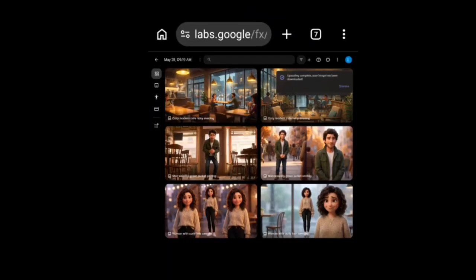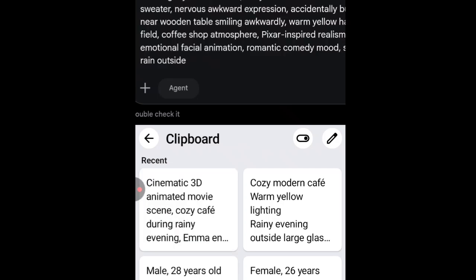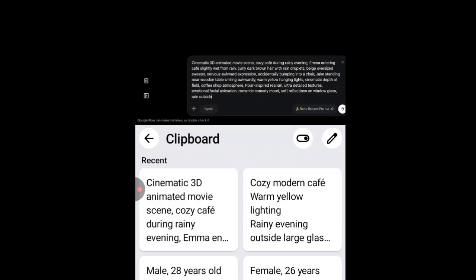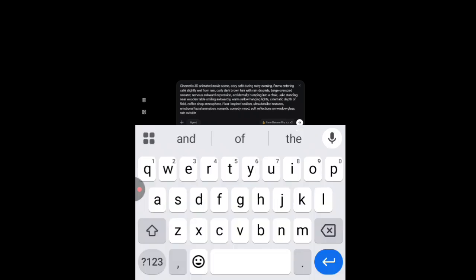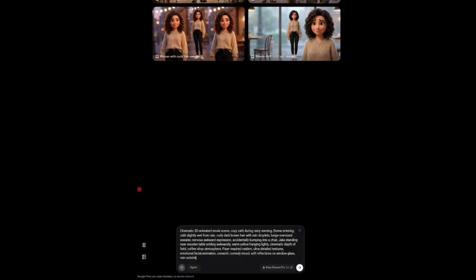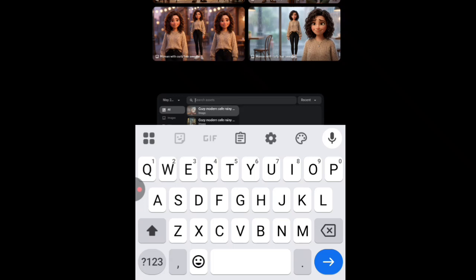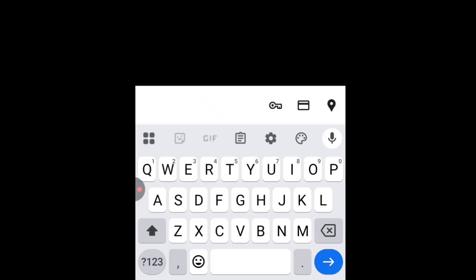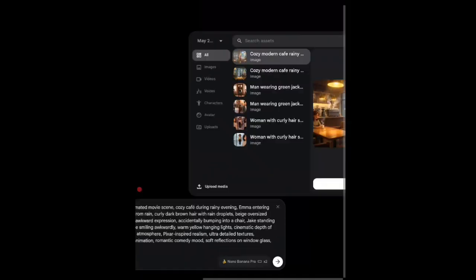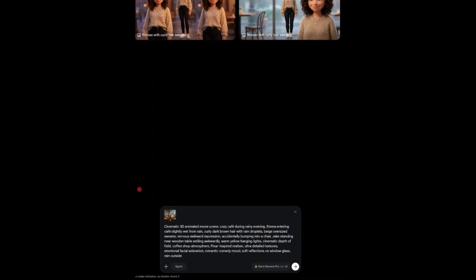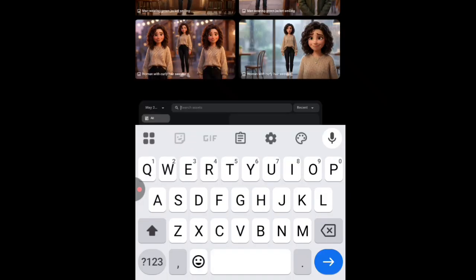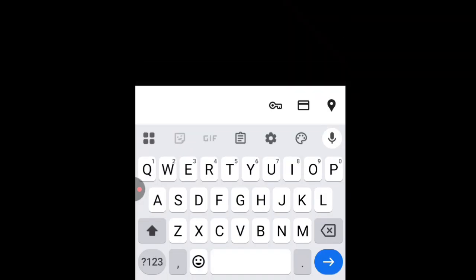Click on it. What we're going to do here is to first paste our prompt. After pasting our skin 1 prompt, we now upload our images so that we can maintain the consistency of our characters to be the same with the ones we are creating right now with the skin 1 images. So click on the plus icon here, and after clicking on the plus icon, you're going to select the cafe. Go ahead and click on the plus icon again. Select the image of Emma,